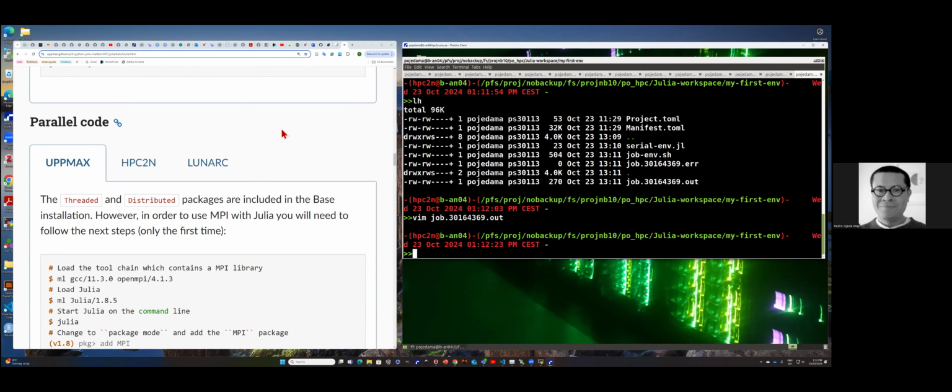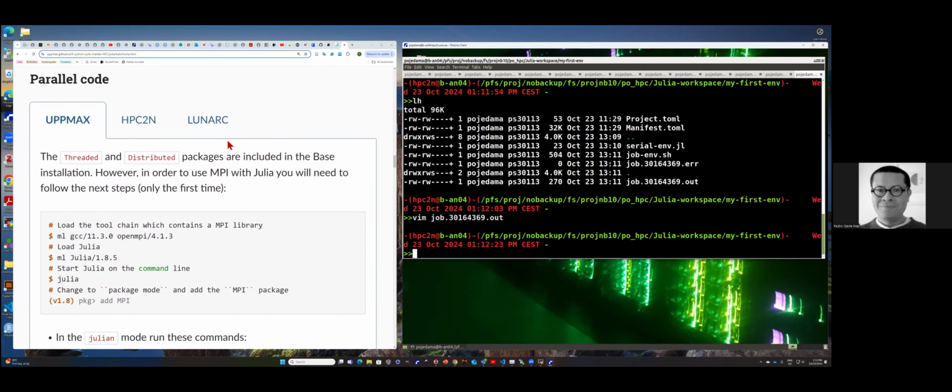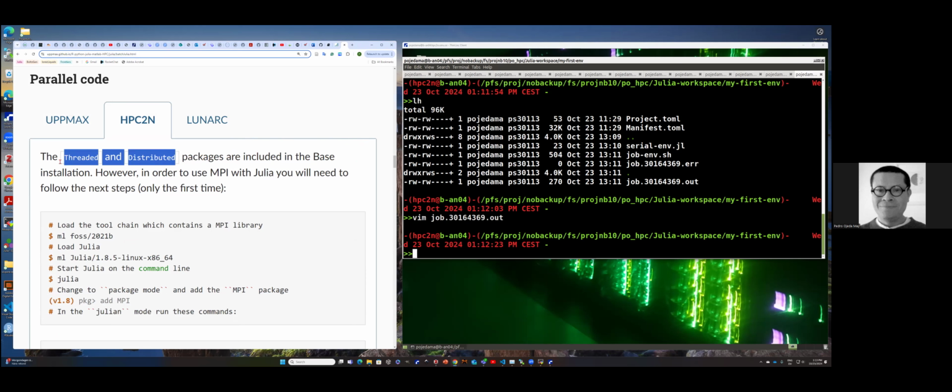So regarding parallel code, there are different types of programming models that you can apply here. Specifically, we can see that there are two very interesting and useful packages that are included in the base installation, in the standard library of Julia, so you don't need to install them, right? So this is very convenient. They are part of the Julia